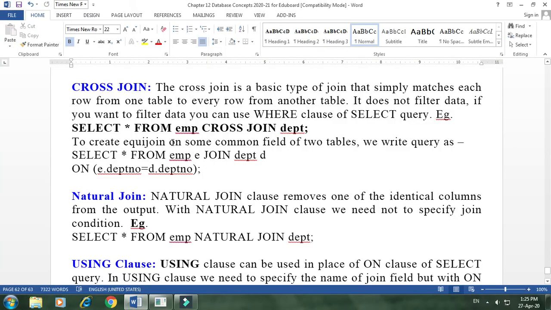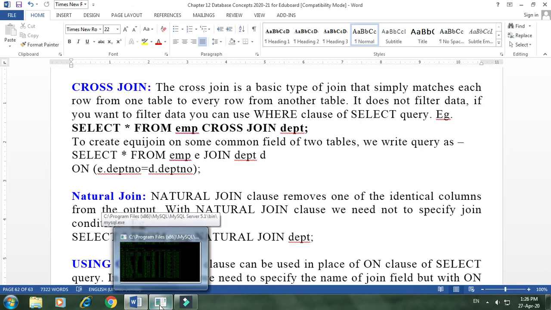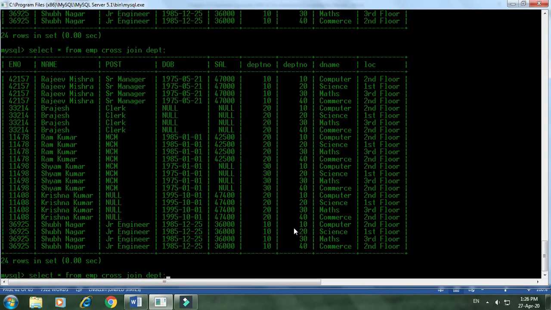To create an equijoin on some common fields of two tables, we write the query as follows. If you want to create an equijoin for particular columns, you have to write select star from EMP E join department D on. Using on, we can write a column name here. So EMP E join department on, you write here on and then the name of the column we can make equal. The same query we can write here on